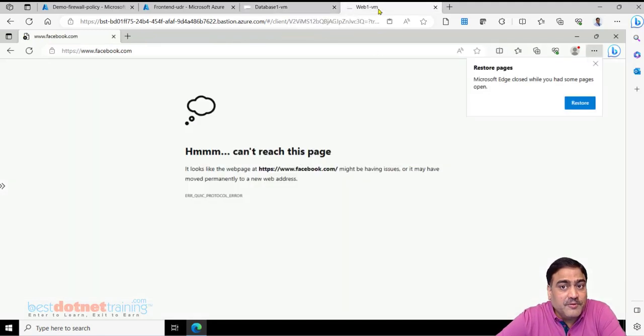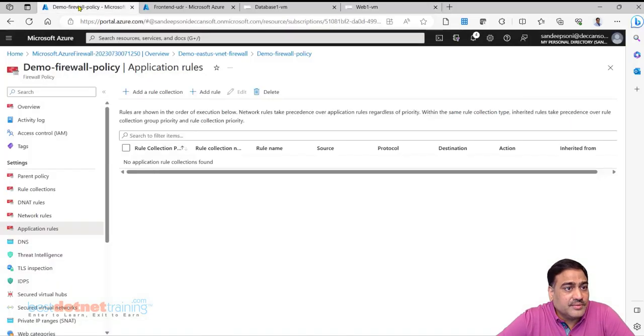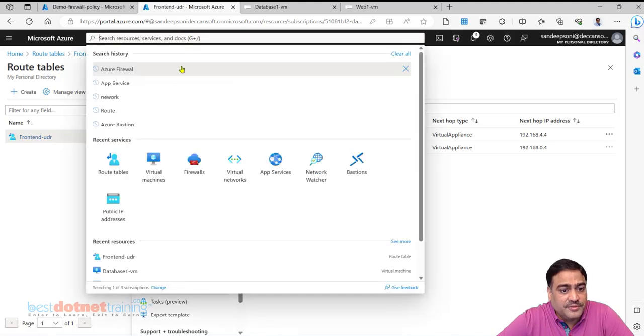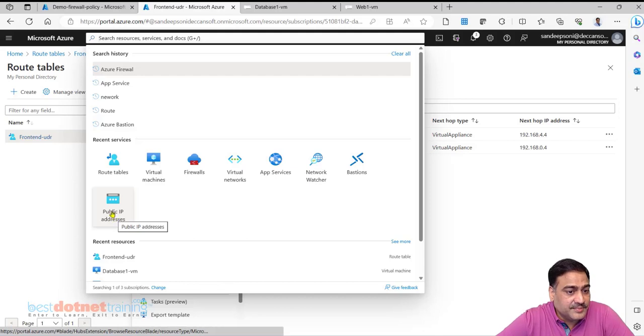Now on Web1 VM, we remember placing a web server. Are we able to browse that web server? So for this I have to find out what is the IP address of Web1 VM, the public IP address.